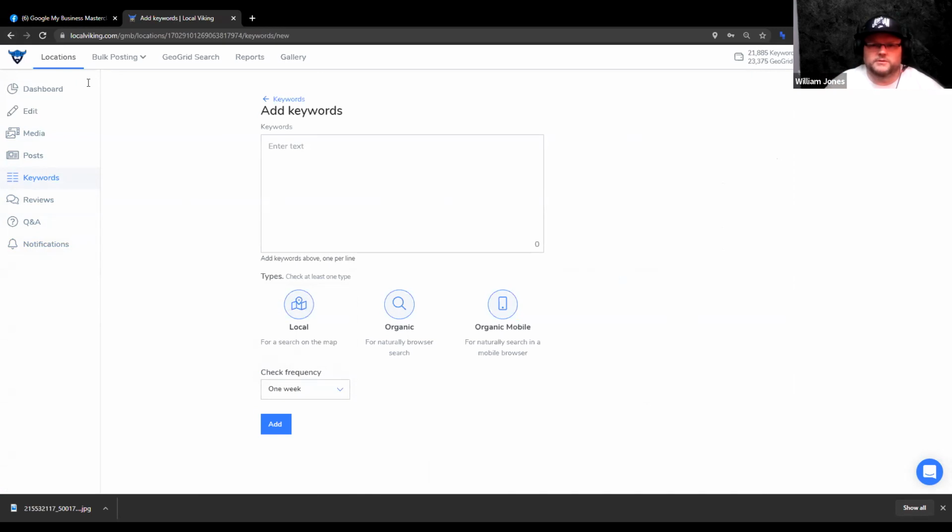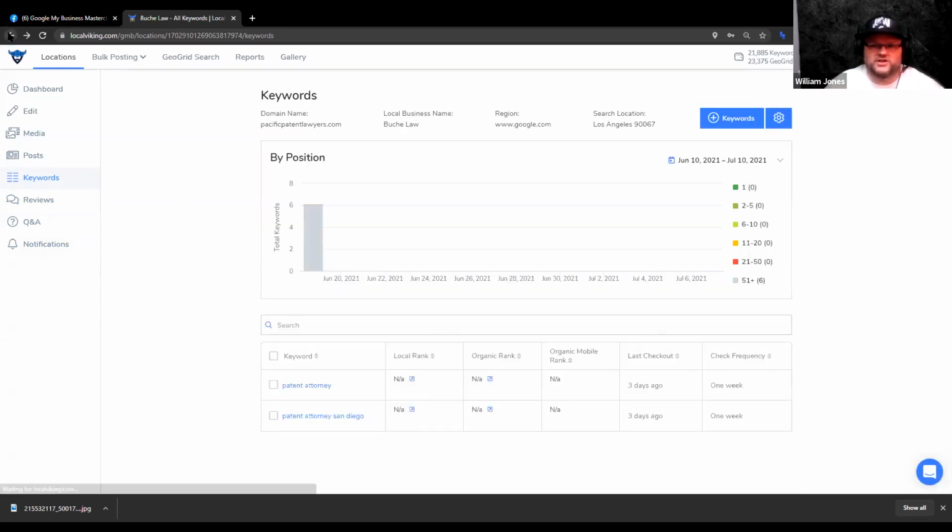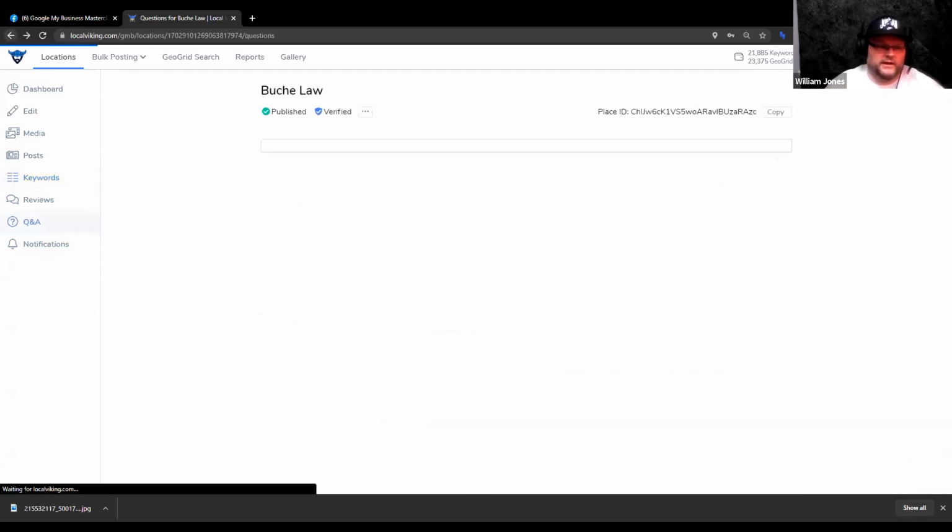All right. And the one question people have asked me about Local Viking is, am I scared of the API, because it's run on an API? Am I scared of the API mass affecting all your GMBs and all of them going down? No. GMBs don't go down because they're tied to an API. They go down because you're doing stupid crap,